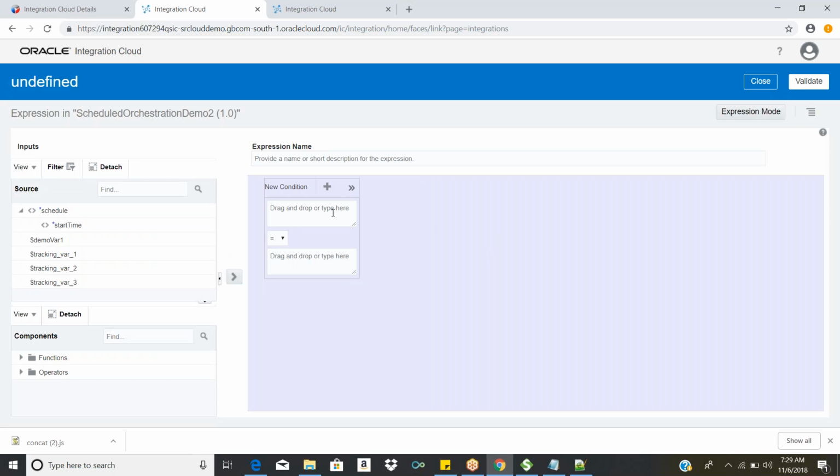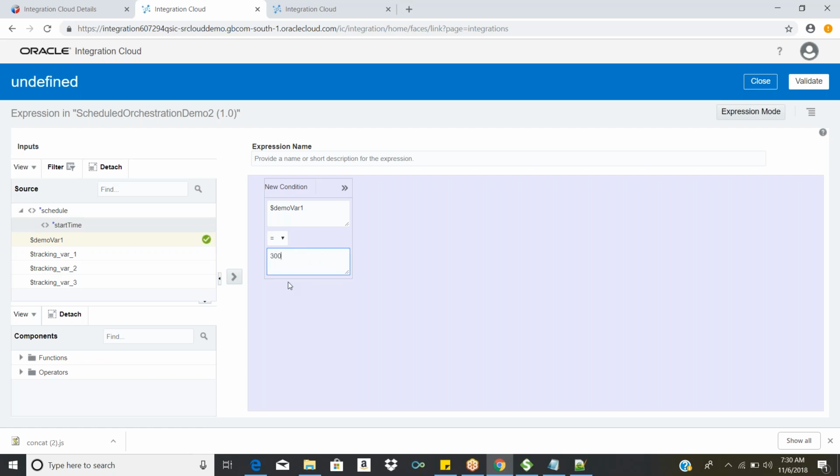So on the condition, let's say you have a condition like my salary is greater than 20,000 pounds, then I need to perform this kind of action. You can select the action based on the condition. As of now, we don't have anything on the left side. I'm just using a dummy variable, a demo variable. I have the operations less than, greater than, greater than or equal to, less than or equal to, and not equal to.